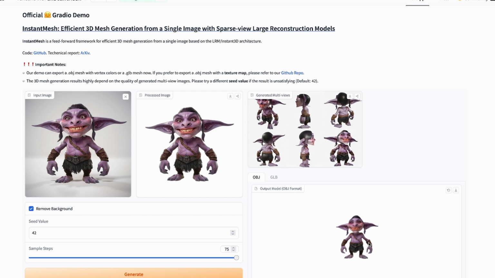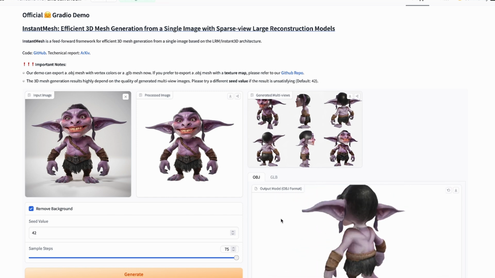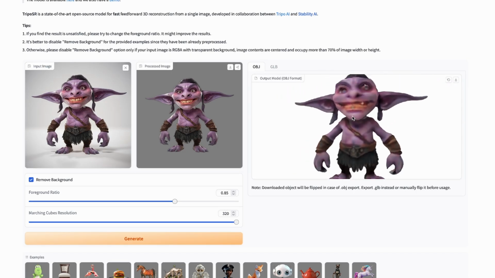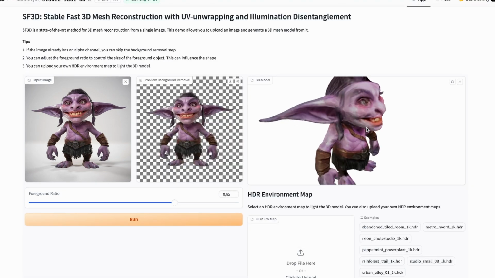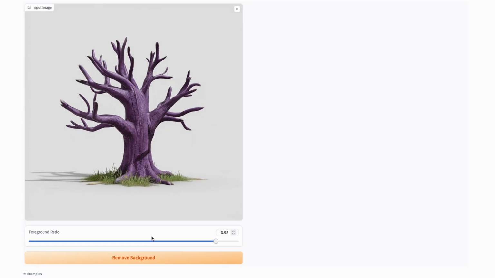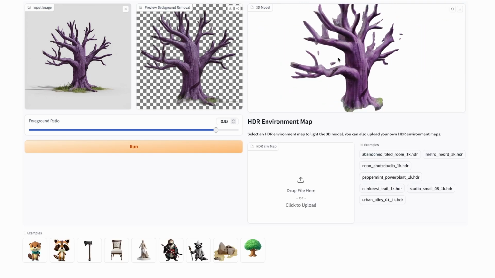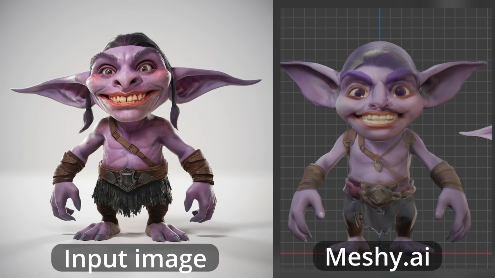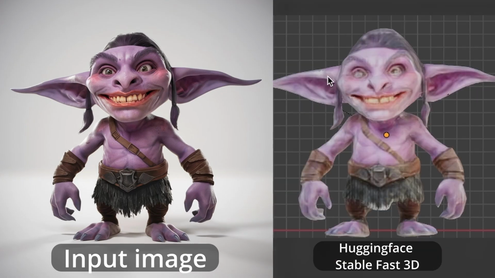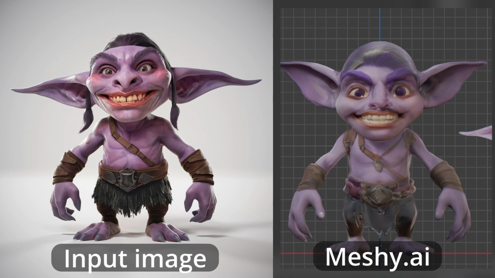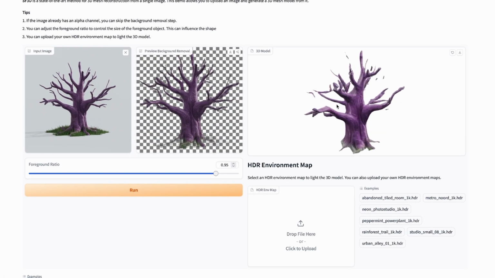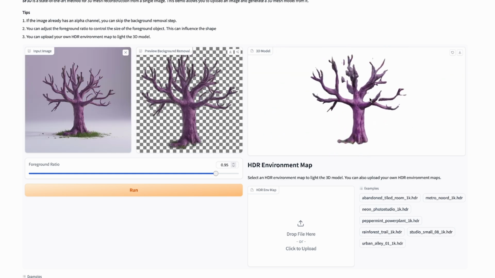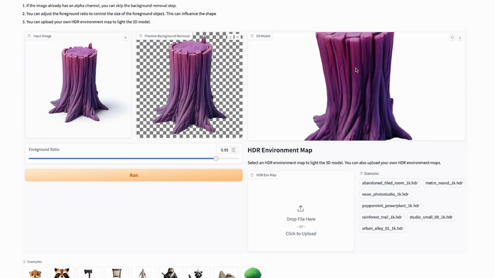And I tried a bunch of AI models on Hugging Face, and most of these work really fast and they work with a lot of different things, but the results might be blurry. I think this will work well for static assets, like assets for the environment, background assets, maybe even background characters. And you can see that every time we use an image to 3D AI process, the design varies. Both of them use the same picture, but they still come out very differently. And I ended up just using the Hugging Face models to generate the trees because it's really fast, not really detailed, but it works really well for background assets.